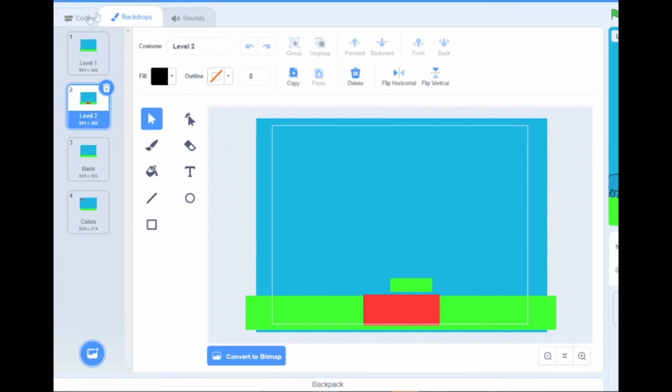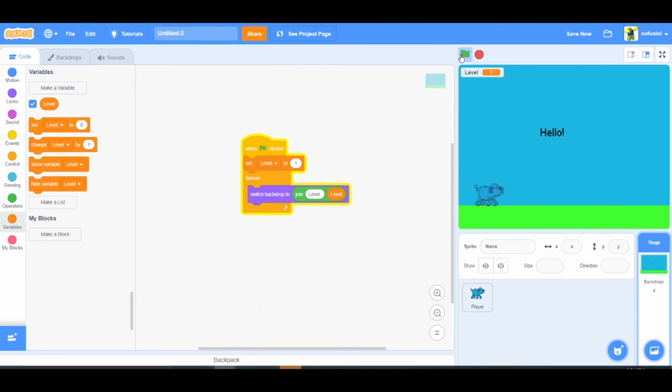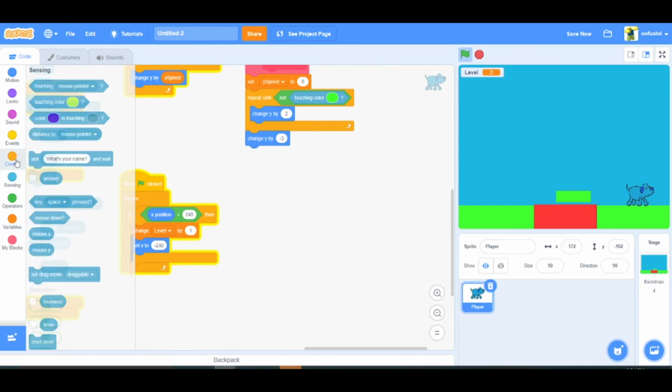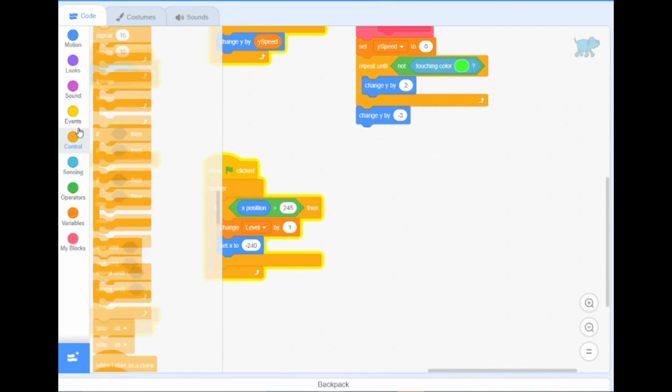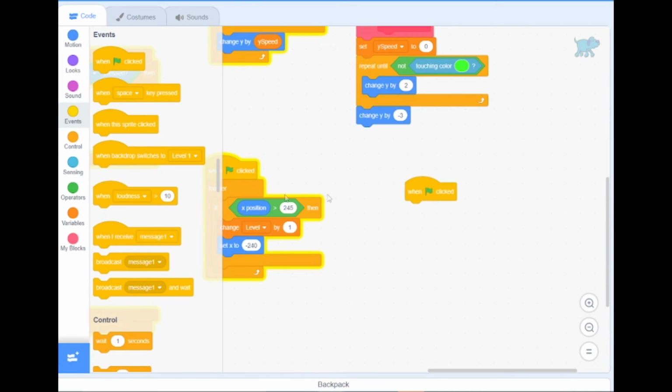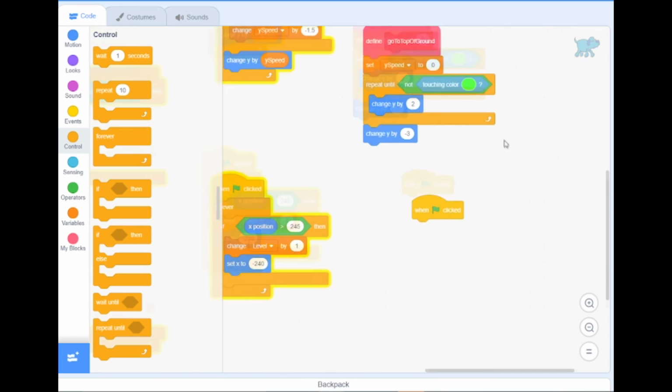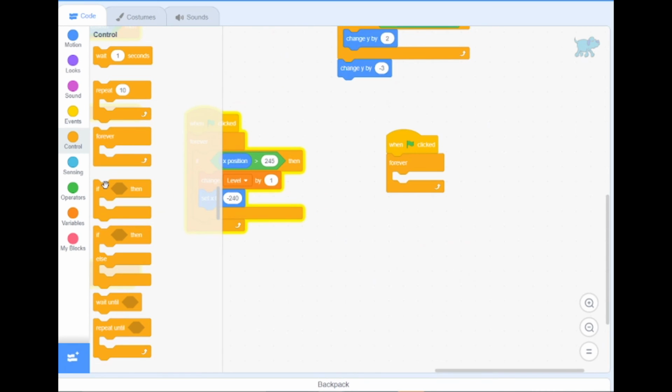So I have this level 2 here. In the beginning, it's level 1. I move to the next level, it's level 2. And I can jump over here, and boom. So, yeah, one more thing before I end the video. Just when green flag clicked. This should be pretty easy since we already kind of did it here. So when green flag clicked, forever, if